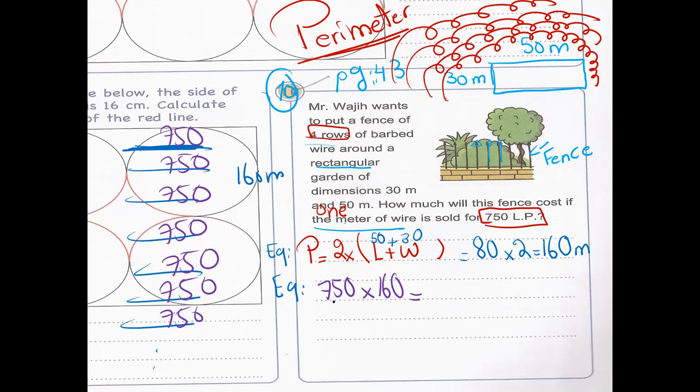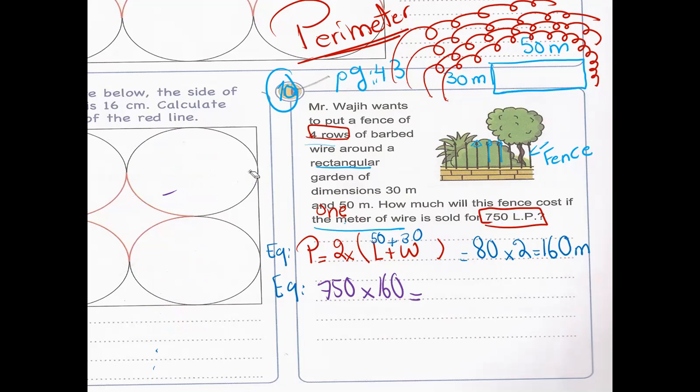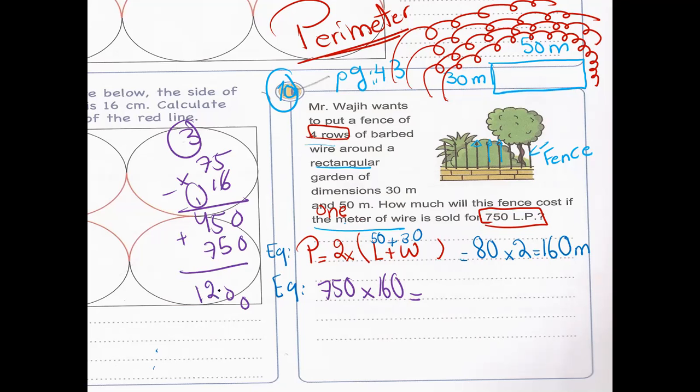Skip the zeros. Let's arrange. We will arrange 75 times 16. Yeah, 75 times 16. 6 times 5, 30. 6 times 7, 42, plus 3, it's 45. Start a new line with 0, then multiply. Table 1, we just copy them. 0. 5 plus 5, 10. 5 plus 7, 12. So 1,200. Then place the zeros. We have here 0 and here 0, so 2 zeros. So الديلي برايس لكل ال 160 meters